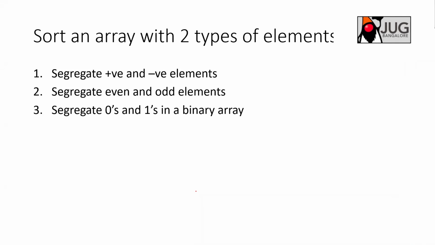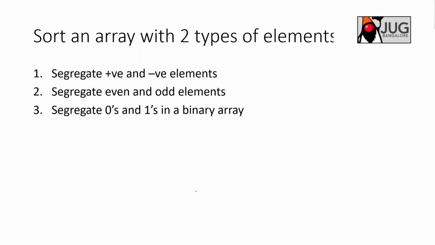It is better to select something like, in segregating positive and negative, right? Select the pivot as a positive element, and make sure that the left of it are all negative elements and the right side are all positive elements, something like that. And even segregating even and odd, similar logic is applicable. Segregating zeros and ones, take 1 as a pivot, and once you segregate, you will have all zeros followed by all ones, because your pivot itself is a 1. So where the 1 comes is the first place. From there all other ones will begin after that, and before that all zeros will come. So that is the logic you can use.